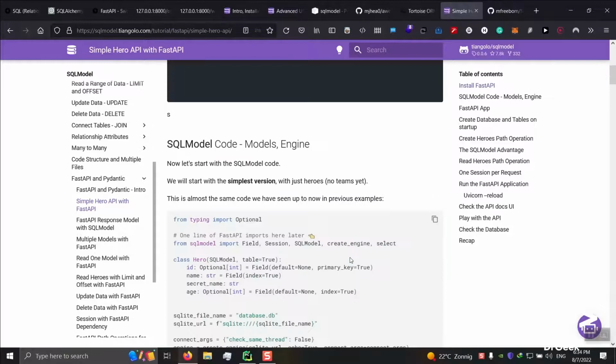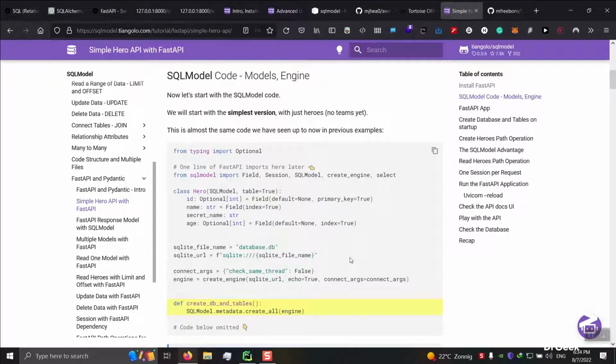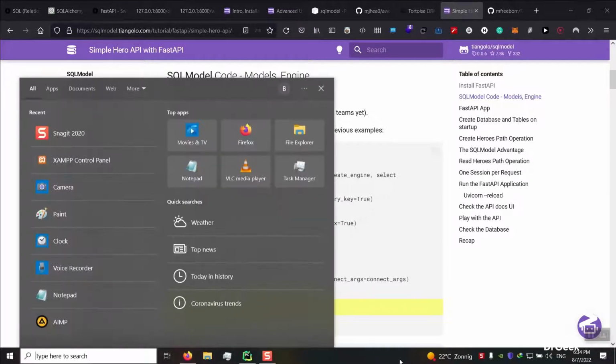For the beginning, the documentation is going to use SQLite as their database, which is great, which is not actually great, but that works for us, and that could be okay anyway. But we are going to use MySQL because that's my choice, and that's a more production-ready database. However, let's go on.